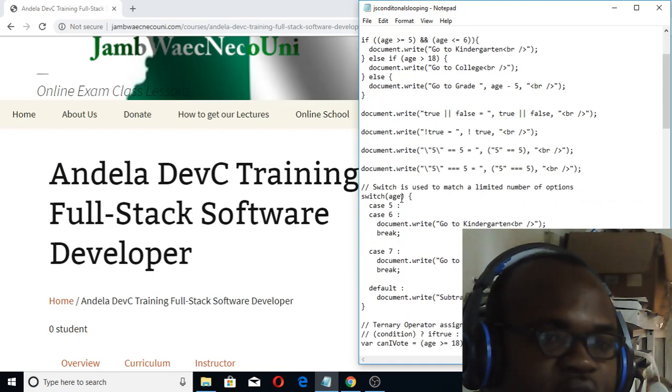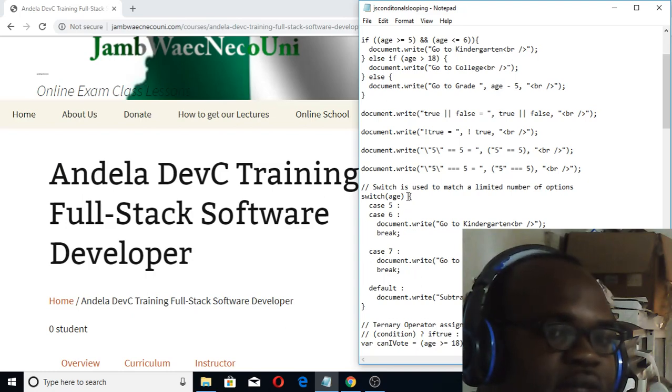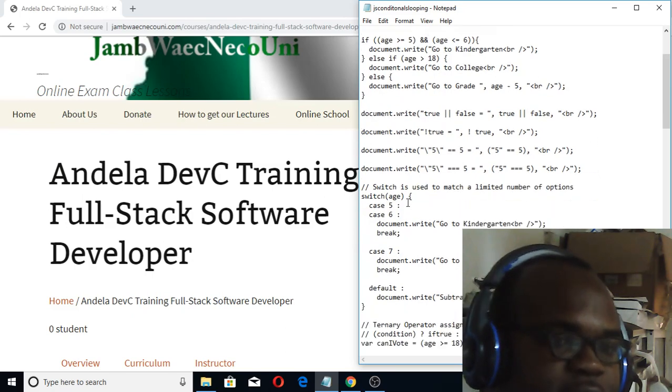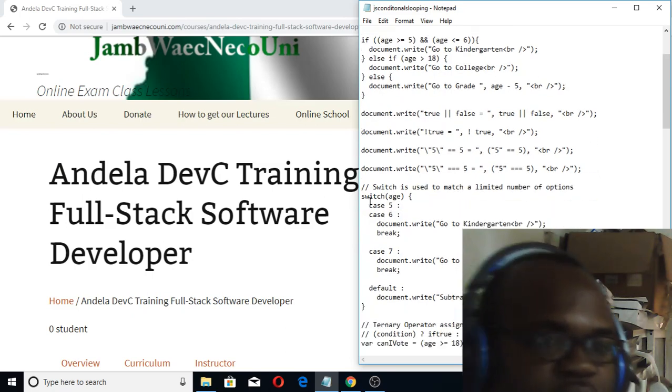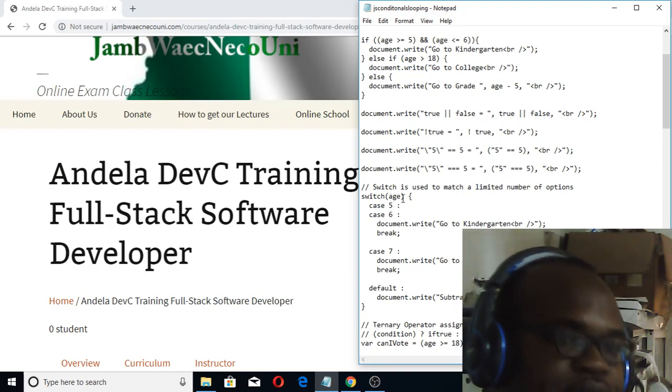Now we'll talk about switch statements, which are used to match a limited number of options. This is how you basically write a switch statement, so take note of how you write this. With an if, you put the condition, then in curly brackets you write what you want to happen if the condition is met. But if you're using a switch statement, you have switch, you put what you are looking at, then